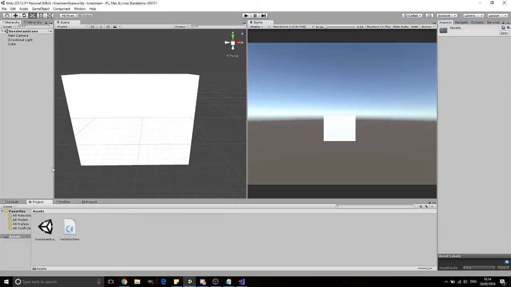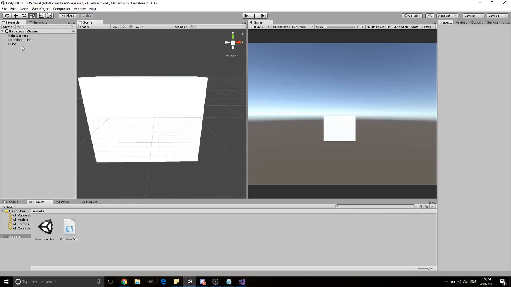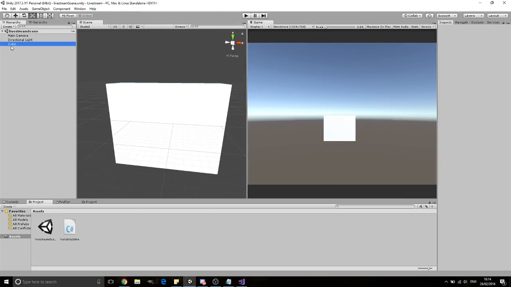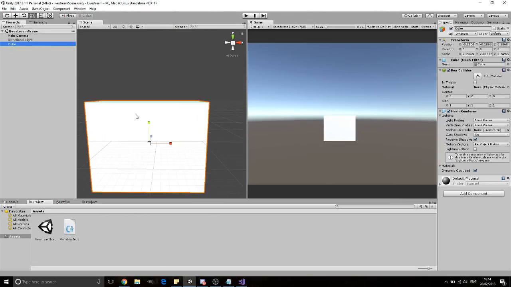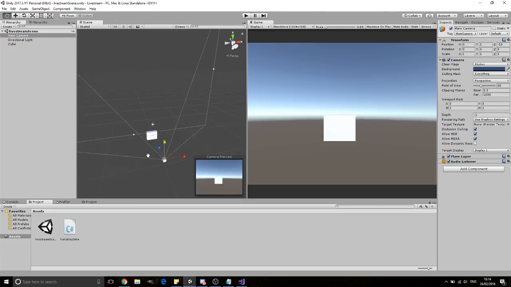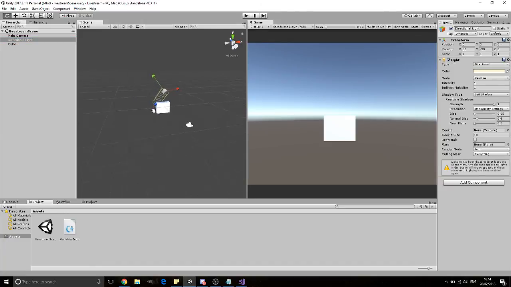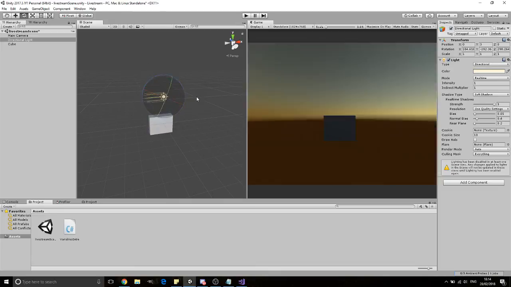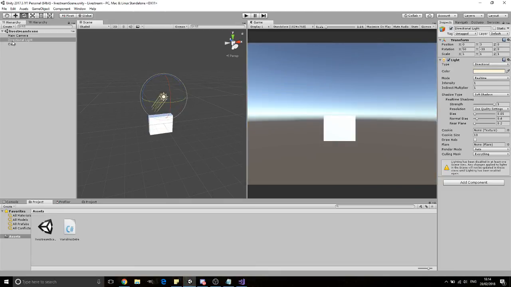To put it into the game, we need to drag it onto something, most likely in the hierarchy. The hierarchy contains all the stuff that's in your scene. The cube, for example, is this one. Double click it, you can see it's all here. We have a main camera by default, which looks at everything. And we have a directional light by default, which shows you how bright the scene is and stuff. Okay, let's drag our script